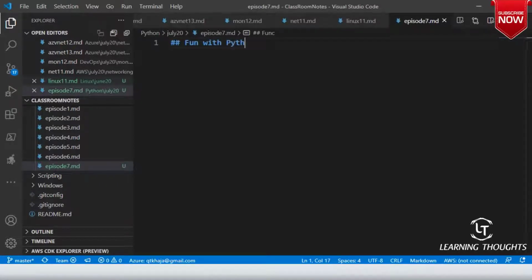Fun with Python shell. I call it the console, some people call it the Python interactive shell. There are different names, but the most common name given to it is Python interactive shell.